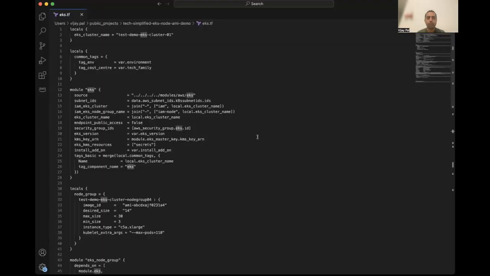First of all, we need to understand that our Terraform code should be written in such a way that it is easy to make the changes in an automated way. This is the Terraform code which we use to provision the Kubernetes cluster. So if you have a look at it, it has a module for EKS,